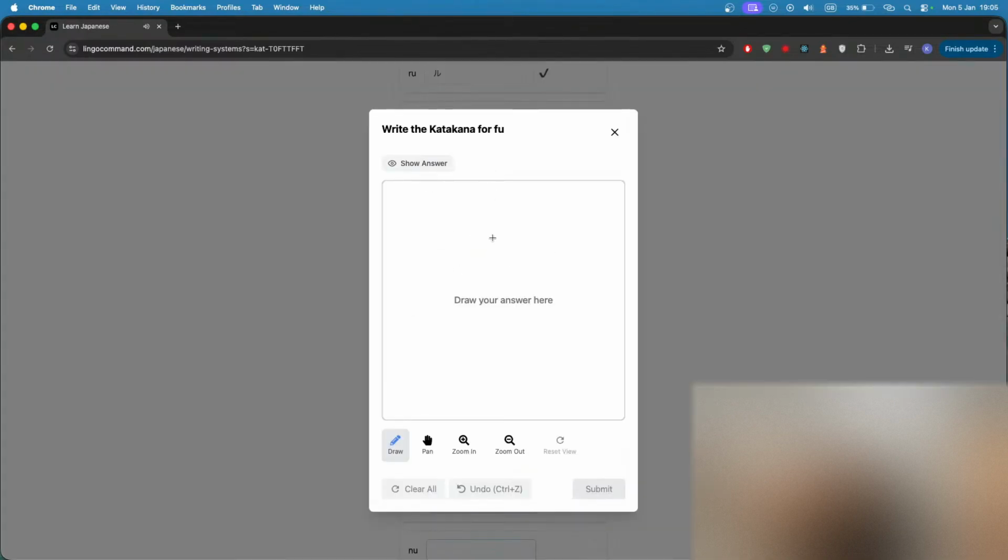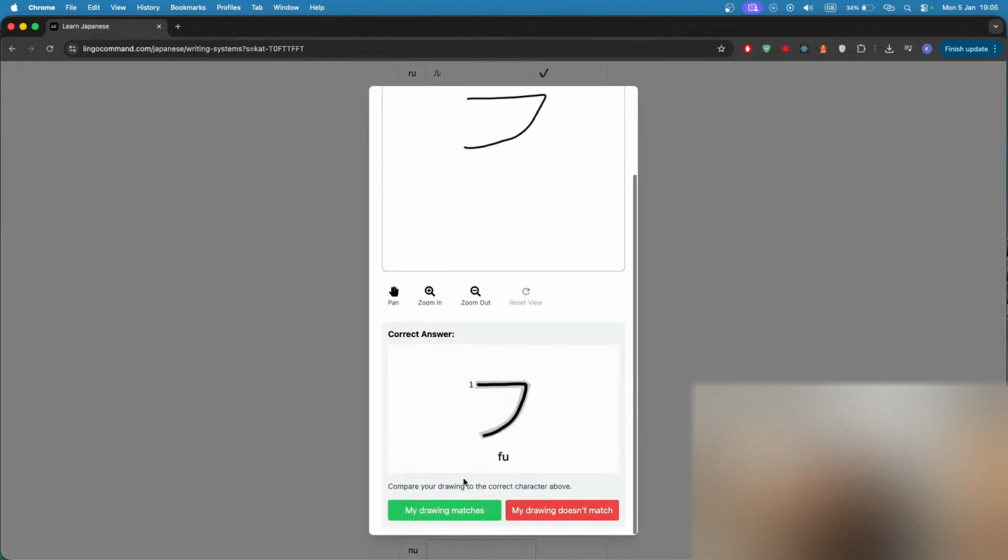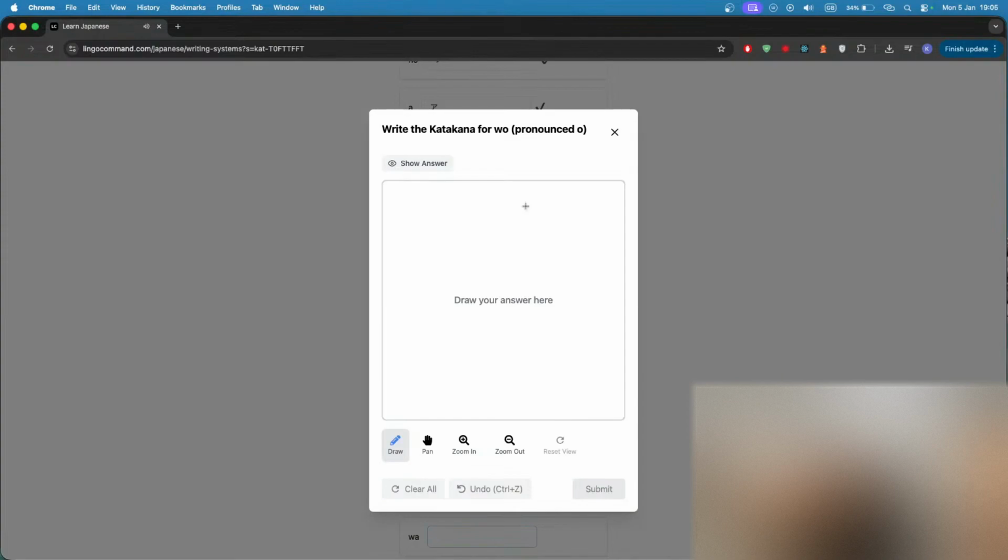Fu. What is fu? Kind of looks like a shark's mouth to me, right? If this is not even the mouth of a shark, the face, right? This to me, that could be a shark, right? So the silhouette of a shark, let's say, of a shark's face. That's fu. And then o, written as vo in Romaji, is